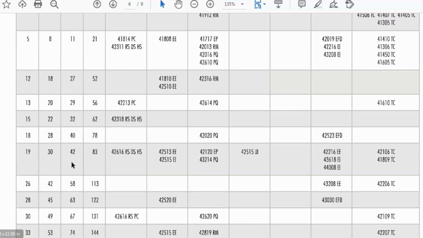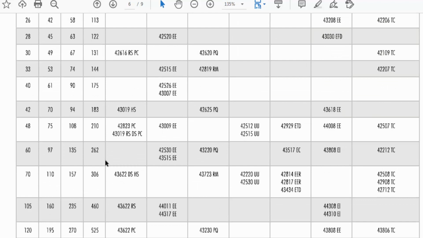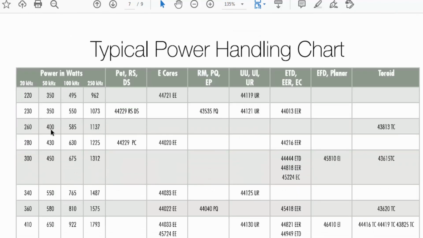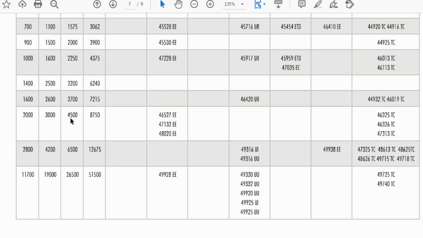So that is core handling capacity, and remember that these wattages are for push-pull technology. Any core showing data is for bidirectional magnetic polarity. If you want to make a transformer for 1600 watt, at that time you will select this core, 47228 EE core or UR core or ETD core, 5959 ETD core.